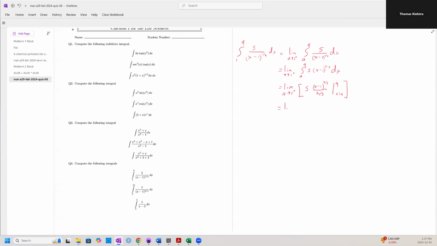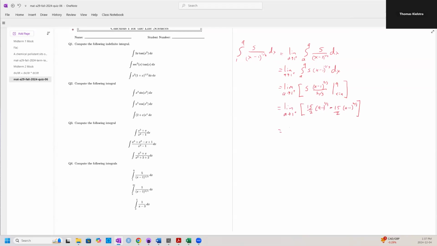And this equals the limit as a approaches 1 from the positive of 15 over 2 times (9 minus 1) to the 2/3, minus 15 over 2 times (a minus 1) to the 2/3,